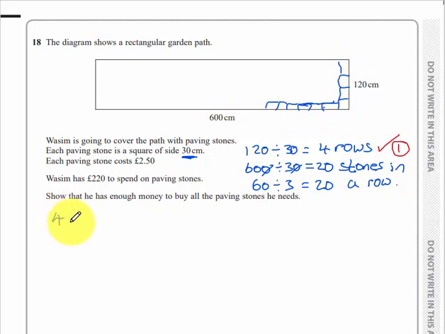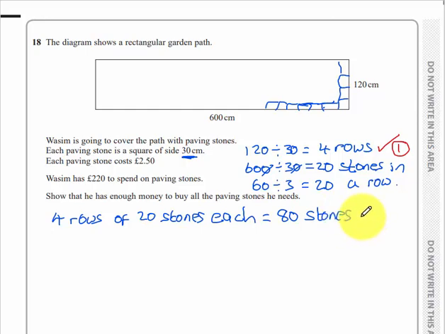So I'm going to have 4 rows of 20 stones each. So in total I'm going to need 80 stones, and this is my second mark. So now I need to work out how much these stones are going to cost me. So I need to do 80